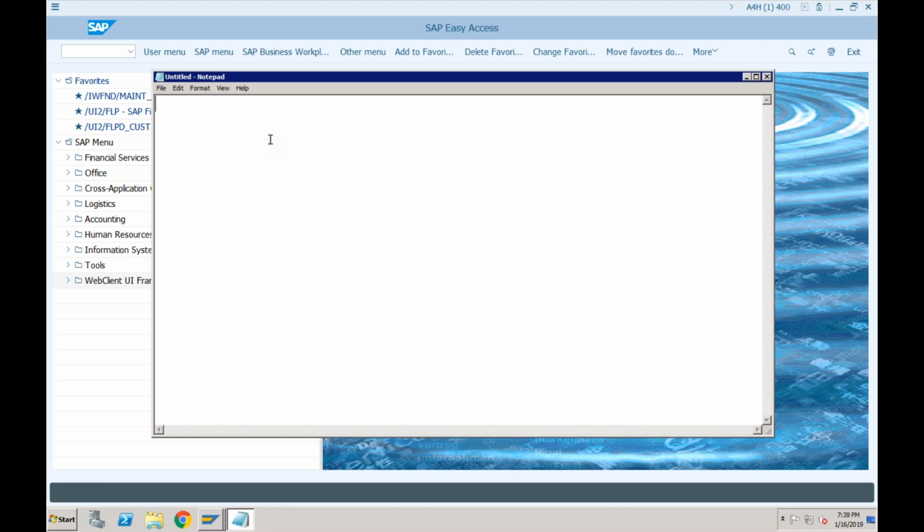In ECC, we were not creating the account group for secondary cost elements because those were only created in CO, not in FI. But now they are created in both FI as well as CO, and that is the reason we need to create an account group. So that was a change related to chart of account.